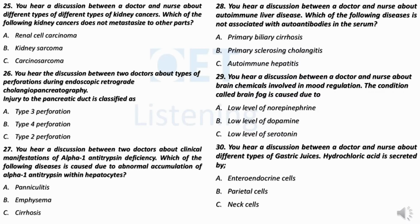Hello, doctor. Can you brief me about different types of kidney cancers? Well, like any other cancer, kidney cancer starts when the normal cells in one or both kidneys mutate and grow aggressively, forming a tumor or mass, which can be benign or malignant. Kidney cancers that have originated elsewhere and metastasized to the kidney are clear cell adenocarcinoma, transitional cell carcinoma from the